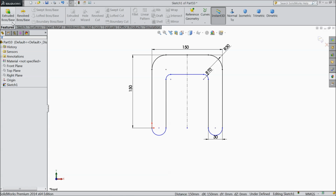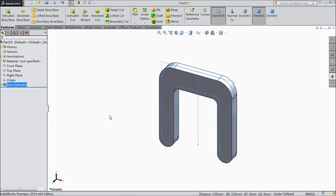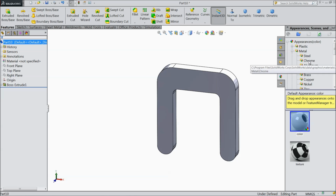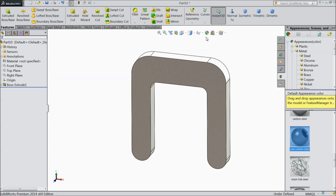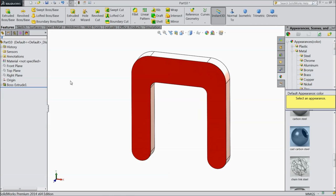Now let's extrude it mid plane and extrude up to 20 mm. We will assign the color and everything, so easy. Assign carbon steel and let assign the color. Okay,